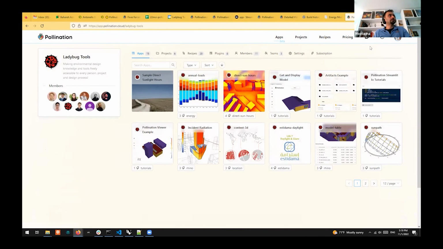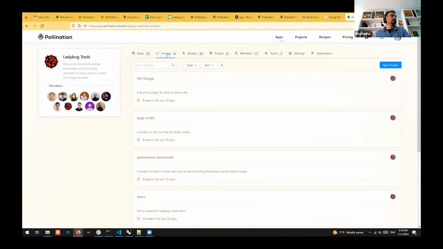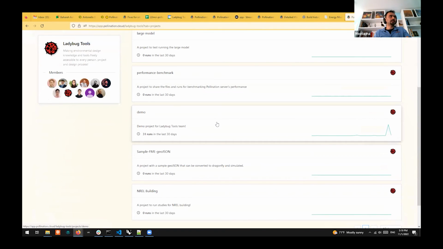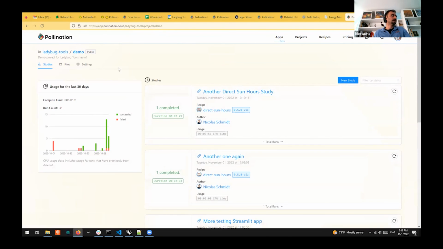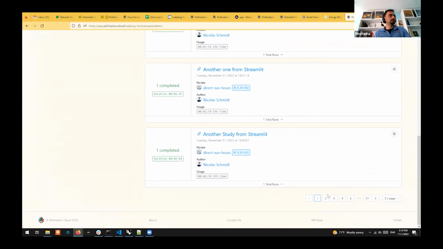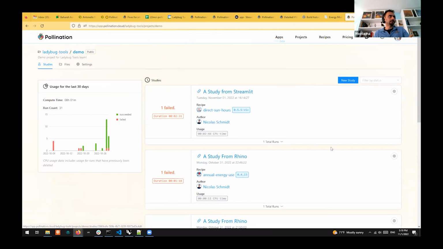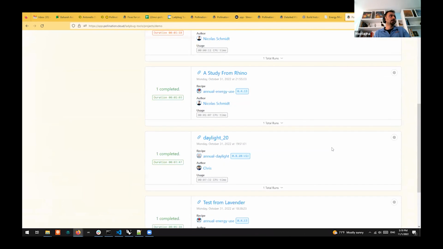If you run the studies on cloud, think about it like, if you are a GitHub user, you have a history of your code, of the changes that you have done. You get a similar feel here, that you have a history of all the runs for different projects. So we have the Ladybug Tools organization here. This is the demo project. You see, these are all the runs that people have done during the history of this project,